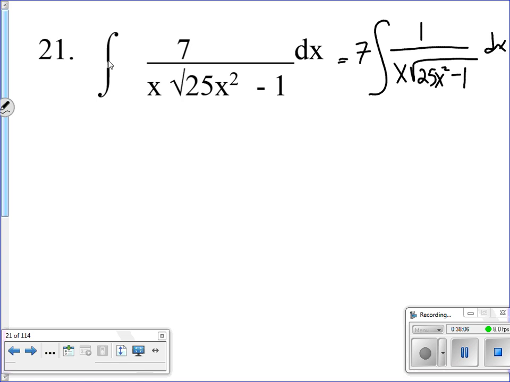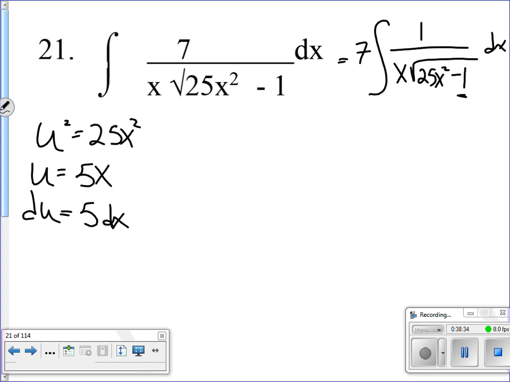I would need an x in the numerator, which I don't have. So I am going for inverse trig, and this is the inverse secant, which is the annoying one. At least the constant down here is a 1 already. So I will identify u squared, which is 25x squared, making u 5x, and du equal to 5 dx. We only look for missing factors of u, but before I put that in, I want to remind you